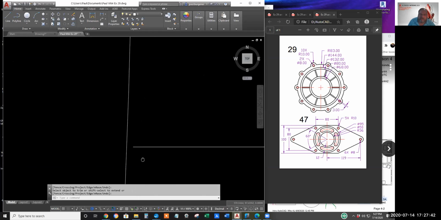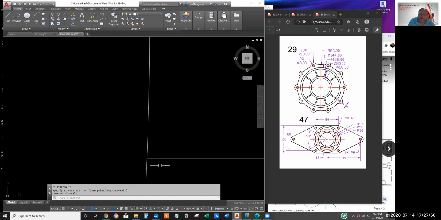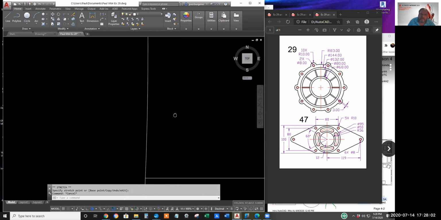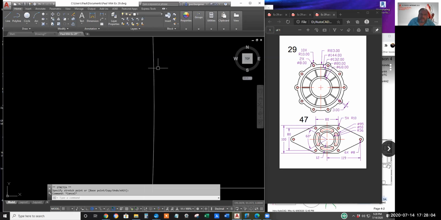Let me show you both ways. Select it with nothing, no command active, and grab the grip and slide them over to the intersection on polar tracking. And that's grip editing along with OSNAP and object and polar tracking.